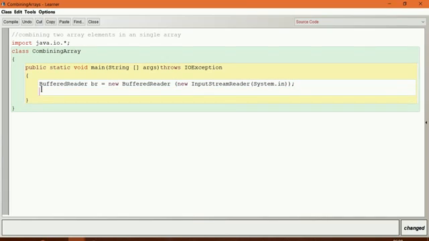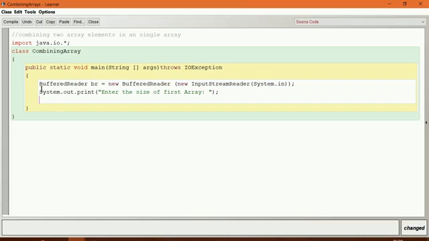To take the array, let us take the size first. So I am giving an intimation to give the size. System.out.println of "enter the size of first array". So I will make it print. Let us consider the name of the array as x, so that the length of that array we will give xl. So int xl is equal to